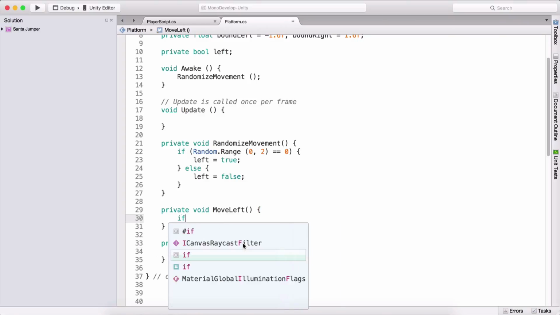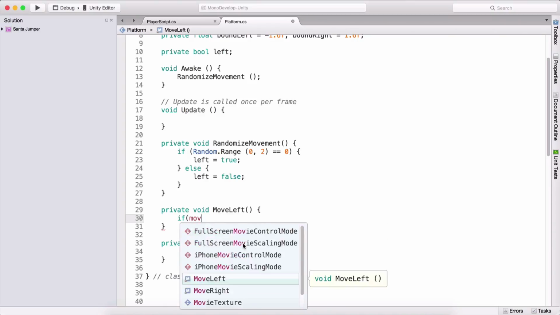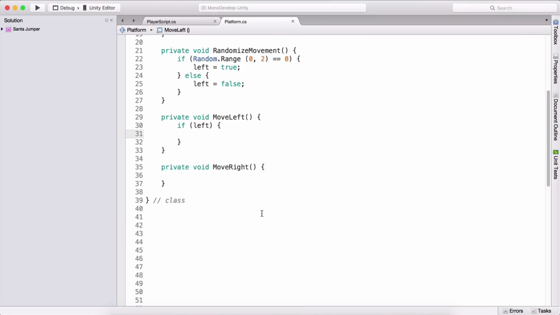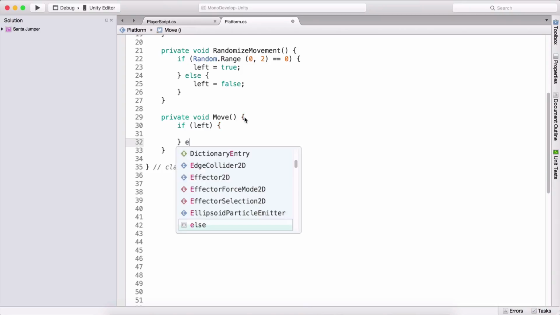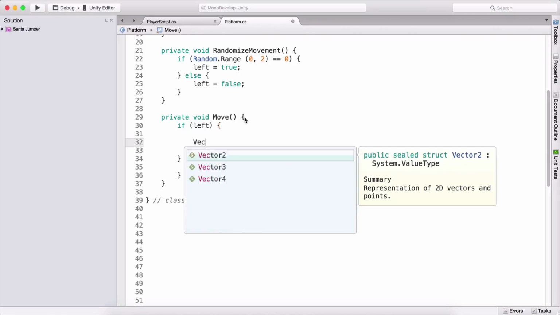And what we're going to do here, we're going to test if left, excuse me. So if left is true, meaning that we need to move left. Or we can simply type here move, and we can erase this right here, and we can say here else. Now, if we are supposed to move left,